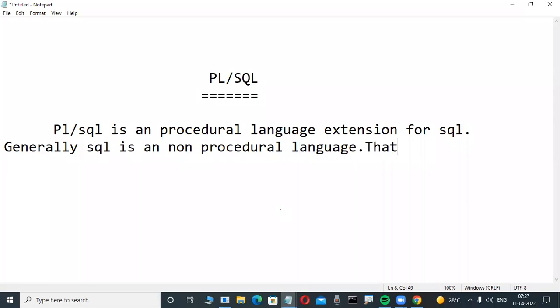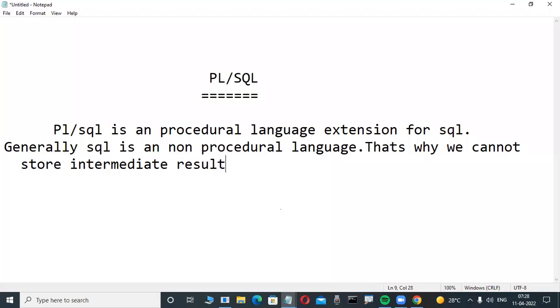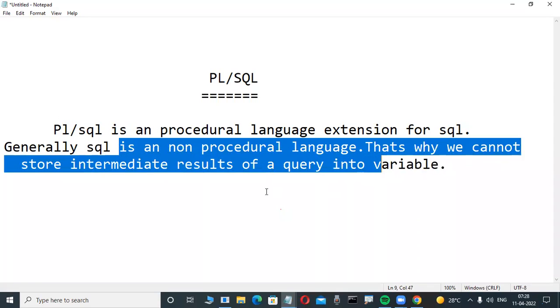That's why we cannot store intermediate results of a query into variables. Variables are not there in the SQL language. Okay, like